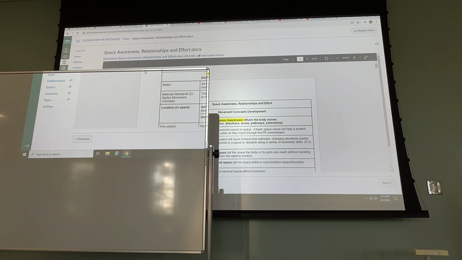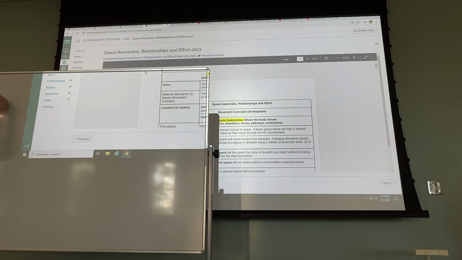So as educators, we have to not only be able to teach the skill themes, but then also assess them in a way that's easy to do for us. We want to know, can they find self space, or can they also move around in general space? And for the most part, you'll be able to see the individuals or students that can't keep the self space, so it'll be kind of easy to identify those. And then for individuals that get that self space, it'll be obviously just 3s for them. So you can create little rubrics or checklists for each skill that you teach in elementary PE.